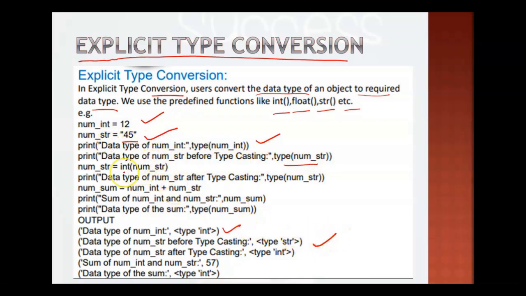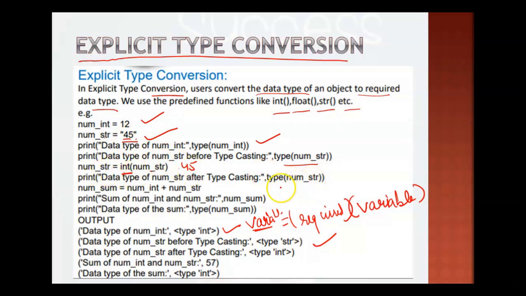And now what we are doing is, how to convert it into another data type. You give the variable here in brackets. So this is the variable and this is the required data type, right? Required data type, and then the variable you take on the left-hand side. You can see this value we have converted into integer. So num_str is 45, which is a string. We are converting it into integer. When you convert it into integer, you will get only 45, and that 45 without double quotes will be stored into num_str again.